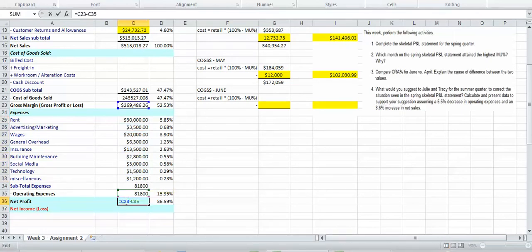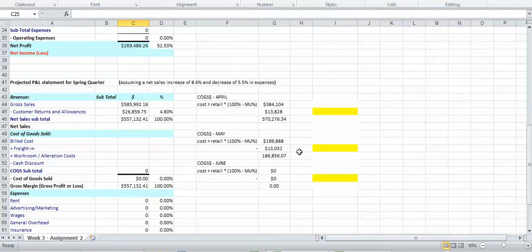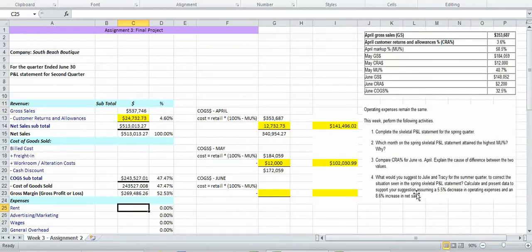However, obviously that net profit is going to be different because I didn't finish over here. So that's how I want you to attack that problem. And you're going to do the same thing down here. This is basically for, we just did number one. We're going to have to do some